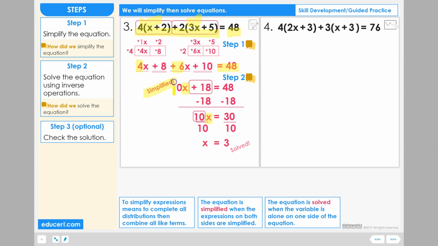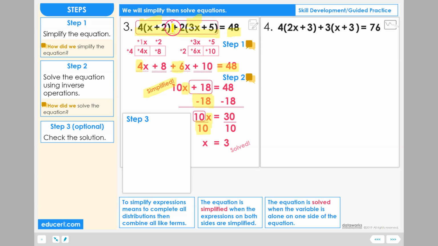After simplifying the equation, to finish and solve for the variable, we used inverse operations of subtract 18 and divide by 10 to get to our final solved equation x equals 3. Step 3, optional. Check the solution. If I take x and replace it with the value 3 in the original equation, we would want to make